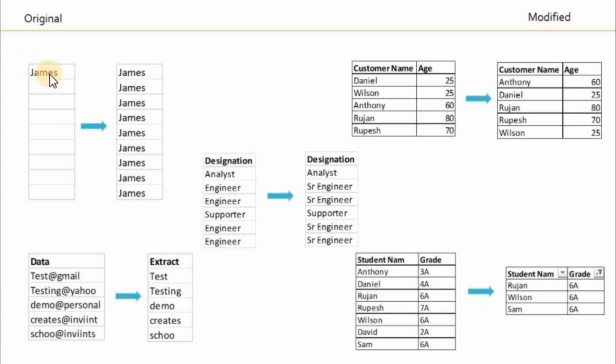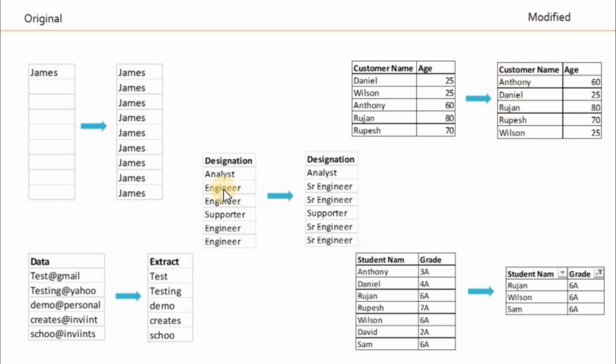See, here we have a text in the first cell. Now, I want to drag it down like this. Not only text, any data like formula, number you can drag. Next, we have a list of names in this table along with their age. I want to arrange this in alphabetical order based on name as shown here.